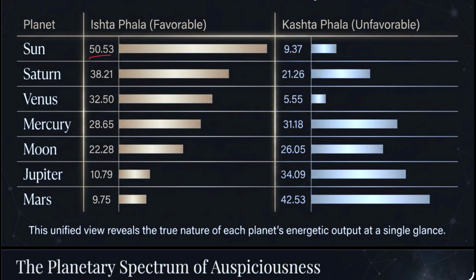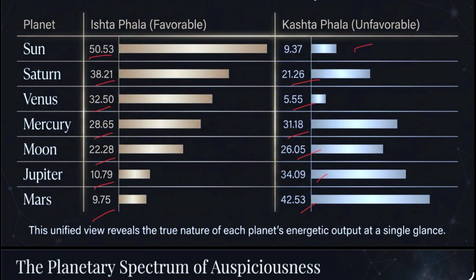Sun has 50.53 as Ishta Phala and 9.37 as Kashta Phala. Saturn has an Ishta Phala of 38 and Kashta Phala of 21. Venus has an Ishta Phala of 32.50 and Kashta Phala of 5.5. Mercury is 28.65, then 31.18. Moon is 22.28 as Ishta Phala and 26.05 as Kashta Phala. Jupiter is 10.79 as Ishta Phala and 34.09 as Kashta Phala, and Mars has 9.75 as Ishta Phala and